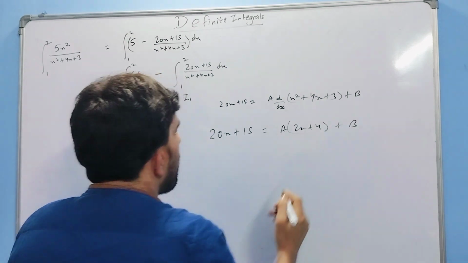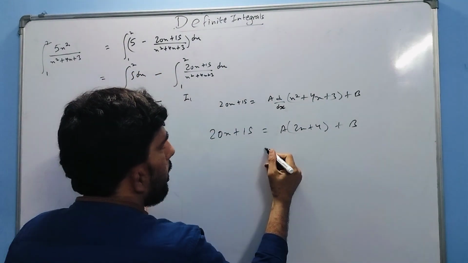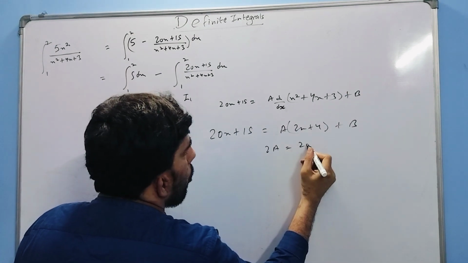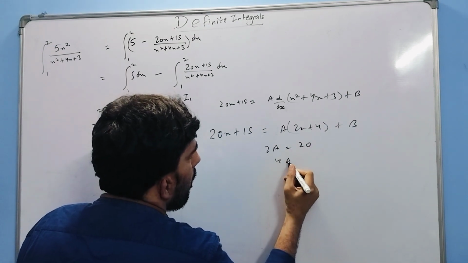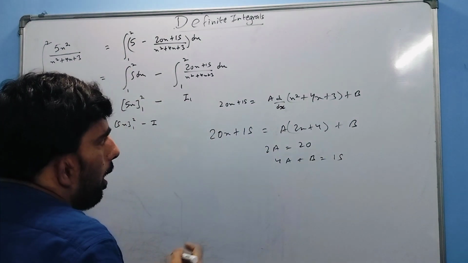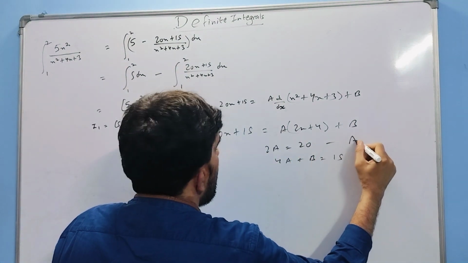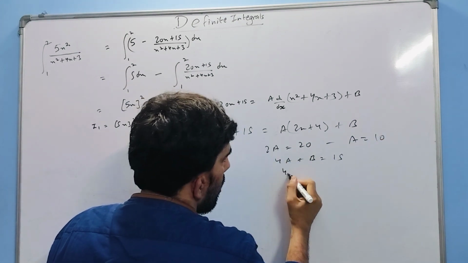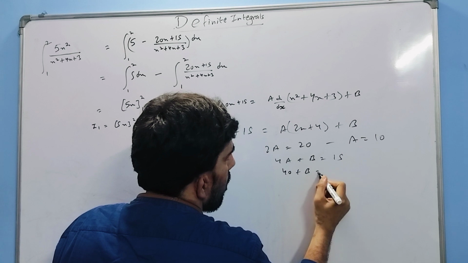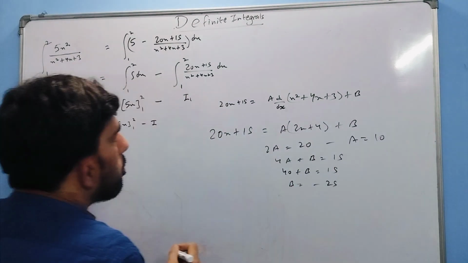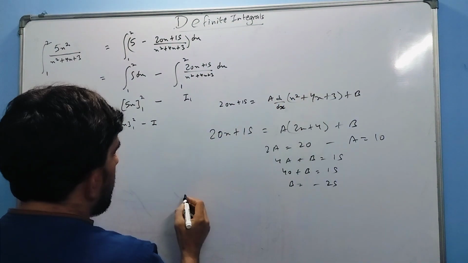Now if I compare what I got here, 2a is equal to 20 and 4a plus b is equal to 15. So we can say here a is 10, so putting the value of a as 10, 40 plus b is equal to 15, so b will be minus 25. Okay, so now putting the value in this, I got